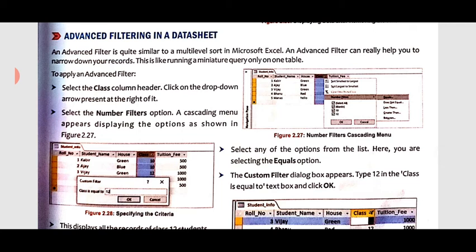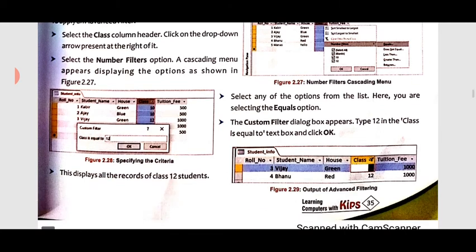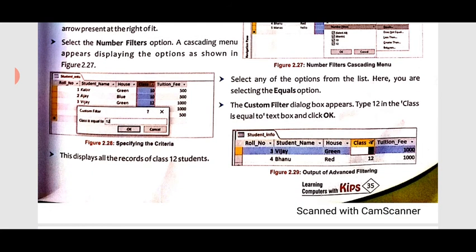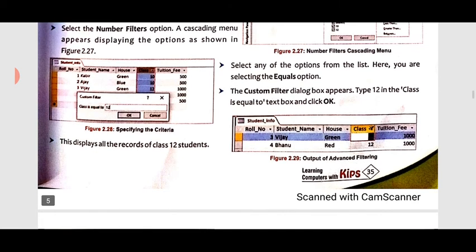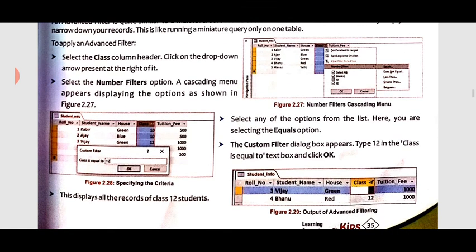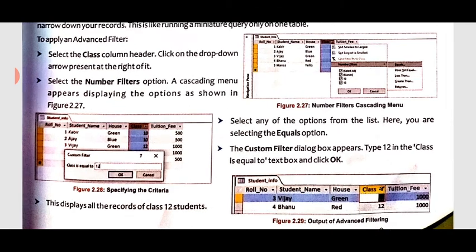To apply an advanced filter, just follow the steps. Select the class column header. Click on the drop down arrow present at the right of it. Select the number fields, and where the filter option is applied, a cascading menu appears displaying the options as shown in the figure. See in figure 2.27, a cascading menu appears here.